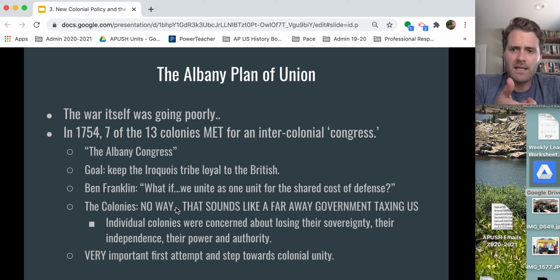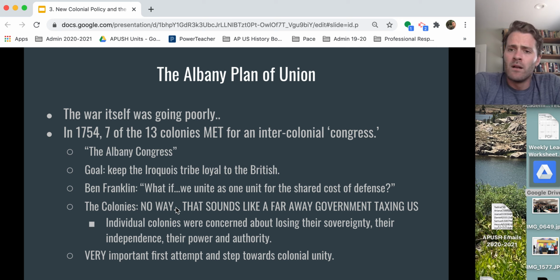But some really unique ideas are going to come out of this Congress that are going to be championed by Benjamin Franklin, a guy who we talked about last unit as well, as one of the leaders of the American Enlightenment philosophy. Ben Franklin poses this question: what if we as colonies all came together and we all put money into a pot, so to speak? We all paid taxes to one unit, and the money from those taxes would pay for colonial defense so that we can have enough money to conduct this war effort in a more organized, structured way as one unit, as opposed to a bunch of separate, independent colonies.